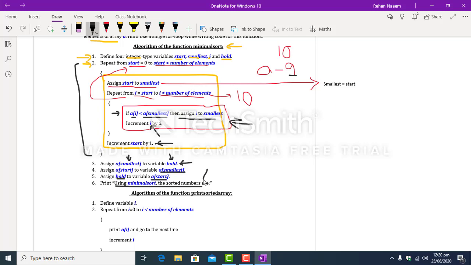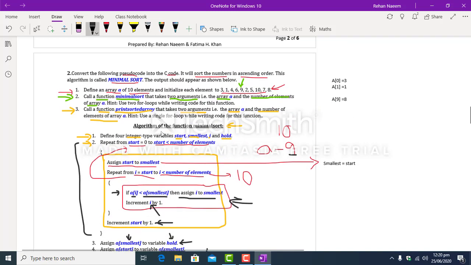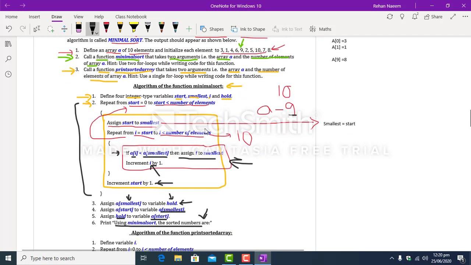You have to print this message within this algorithm of minimal sort. So this is the algorithm of minimal sort.